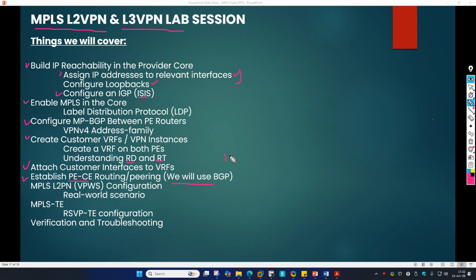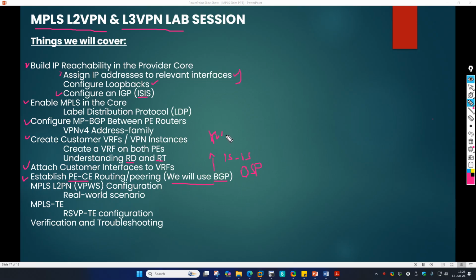Of course, you can use ISIS or OSPF. The choice is yours. But the reason why we're using BGP is that there will not be any need to do route redistribution or route import. Whereas in ISIS or OSPF, we'd have to do redistribution, which could be complex, and it will take time to do those configurations. So just for simplicity, we are deciding to go with BGP as PE to CE peering,